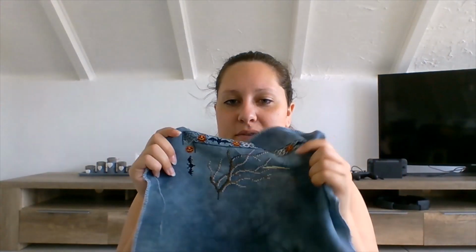So I show you a picture of what it looked... Oh no, I don't have to show you a picture of what it looked like last time because I have it here. I have not yet stitched on it. So I show you where I'm presently at. Here we go. So I did concentrate a lot on this tree,